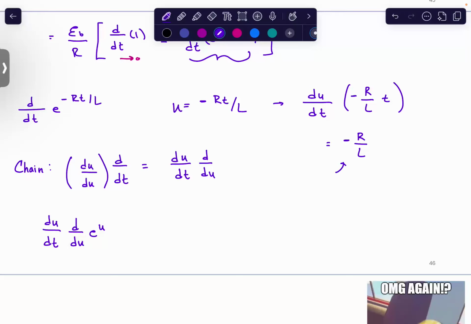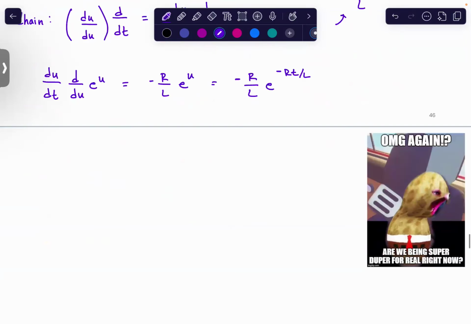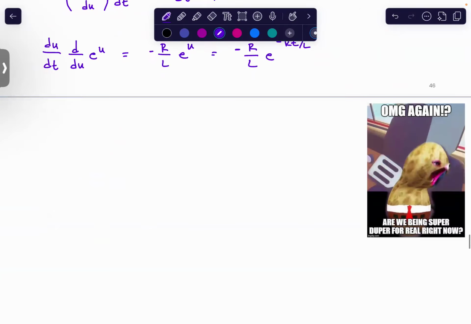The derivative of an exponential just gives the exponential back. So du dt is negative R over L. And d/du of e^u is e^u. And then we're just going to put our U back in. So that means that